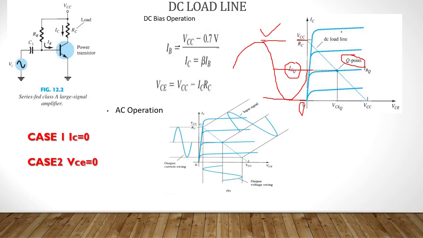Now not only current, we have to represent voltage also, because power amplifier means we require both voltage and current. So I have to draw the same here. This is the middle point for the voltage, this is the maximum point for the voltage, and this is the minimum point for the voltage. Why minimum point? Because 0. Why maximum point? Because maximum is VCC, middle is VCEQ.